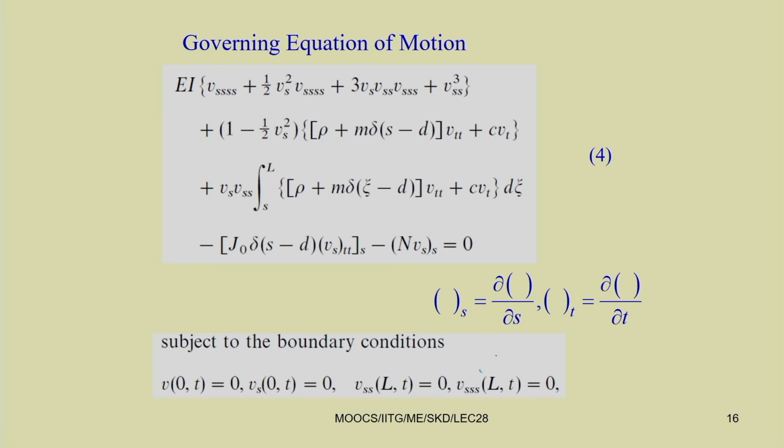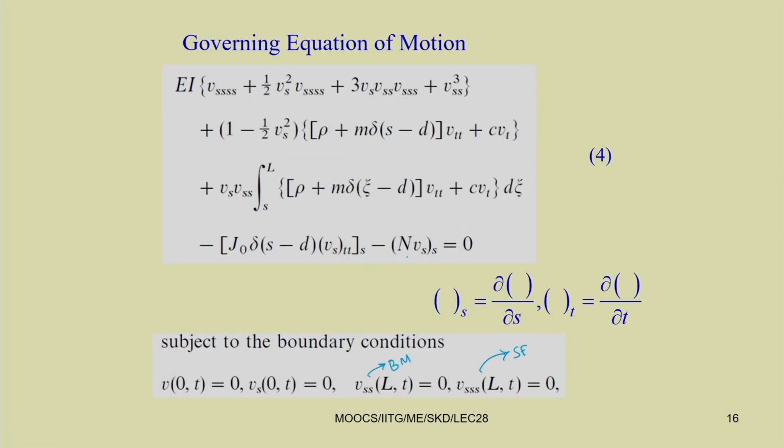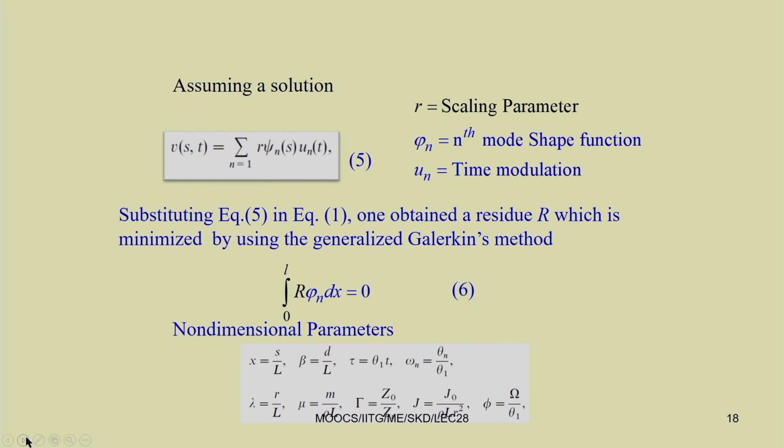This part is proportional to the shear force and this is proportional to the bending moment and shear force. Here we have an N term, and many nonlinear terms are there. This particular N term can be written this way. Here you can note that the base excitation is incorporated in the system in the form of the inertia force, that is m z double dot t minus g, due to the weight component. Let us see this part thoroughly.